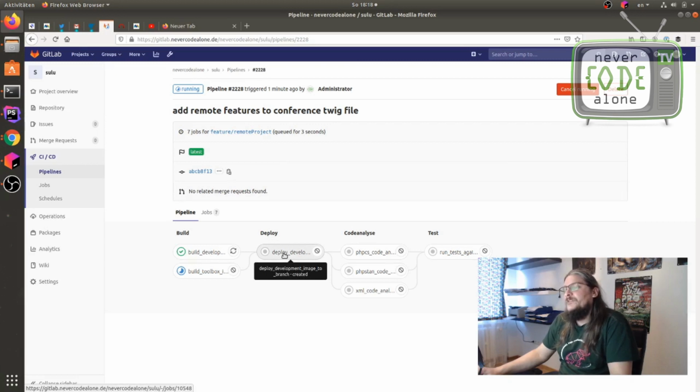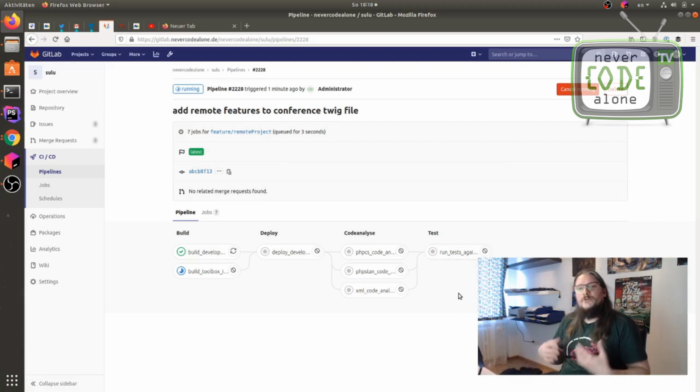Then there is a static code analysis with PHP code sniffer, PHPStan, and the XML linter, and then there are also my acceptance tests. Now we will wait for this to be finished.